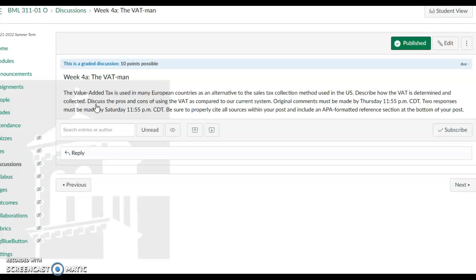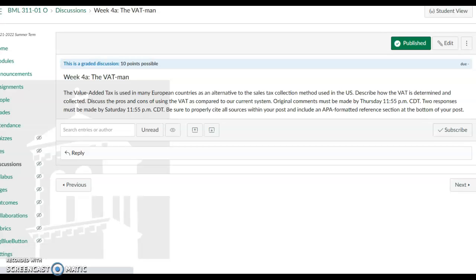when it comes to what they actually pay for the sales tax. So sales tax is added on to what you happen to purchase as a consumer, compared to value added tax, which may be on something that you may own or possess. So you have to think about appreciation and depreciation when it comes to value added tax. So answer this question by doing the comparison and really bringing out the pros and cons between value added tax and also our sales tax methods and collections that we happen to use here within the United States.